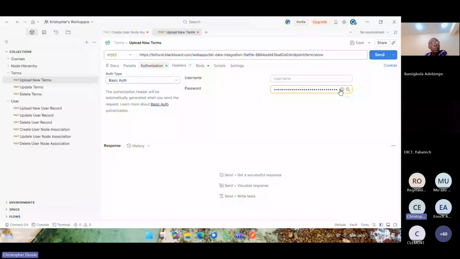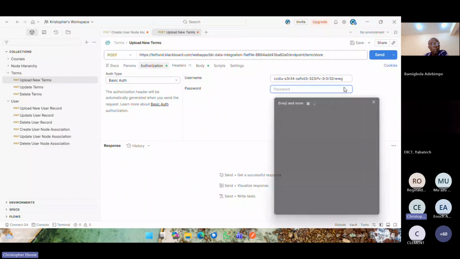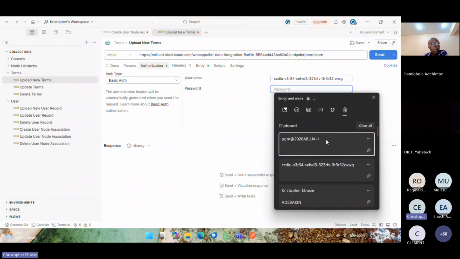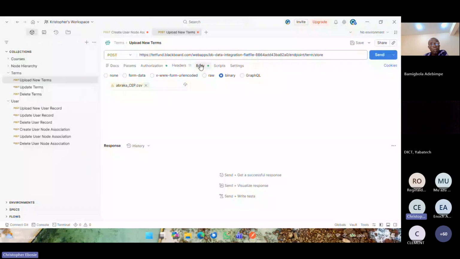Okay, so I think that is the username. So let me put this here. And then this is the password. So input your username and password, come back to body, verify that the file you want to upload is here